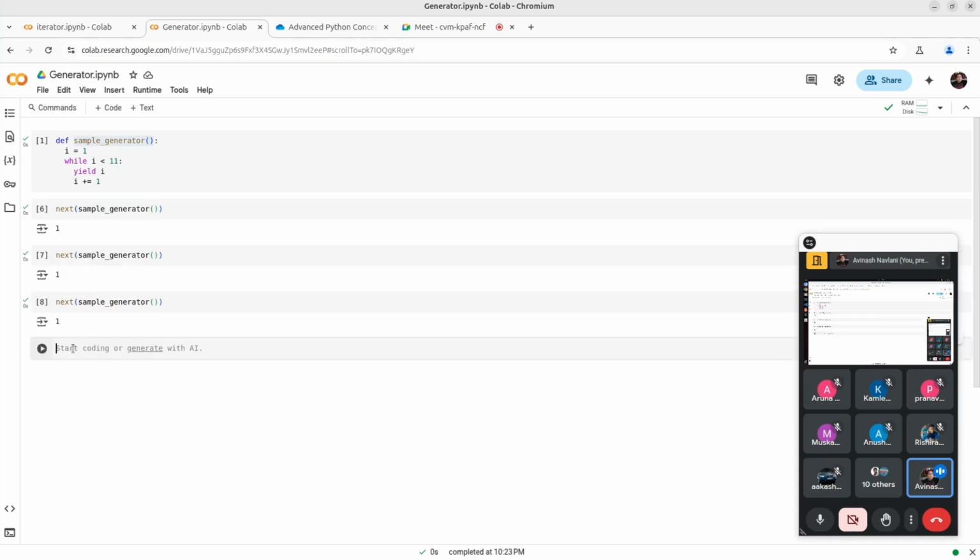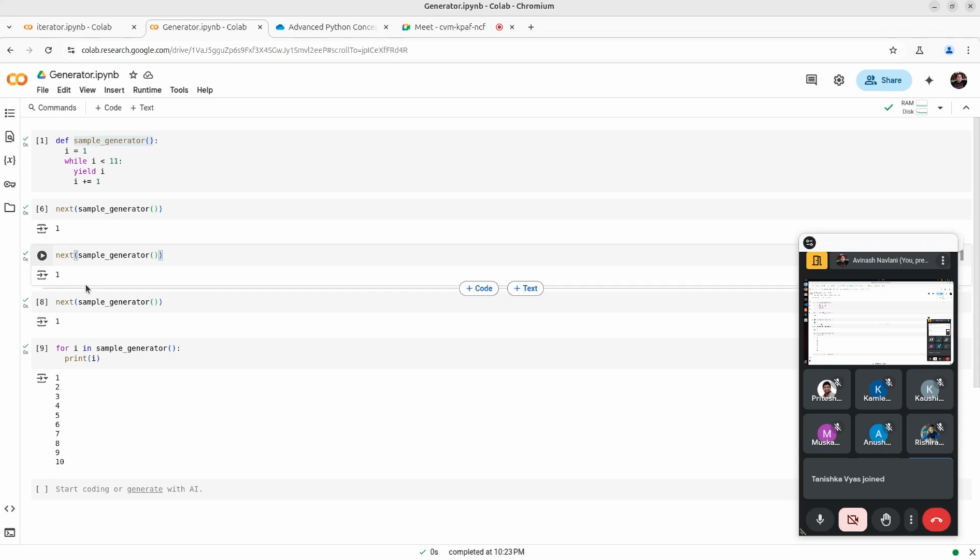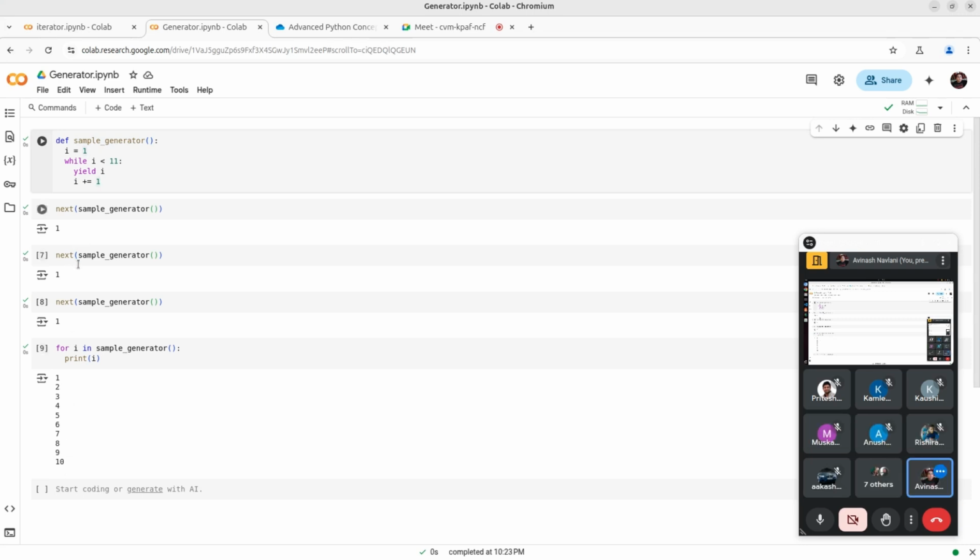Okay, let's try with for loop, right? Let's see for loop. for i in sample generator colon print i. One, two, three, four, five. It is doing it, but it is not moving with next. Okay, for next, I'm incrementing this. Yeah, it is working fine, but